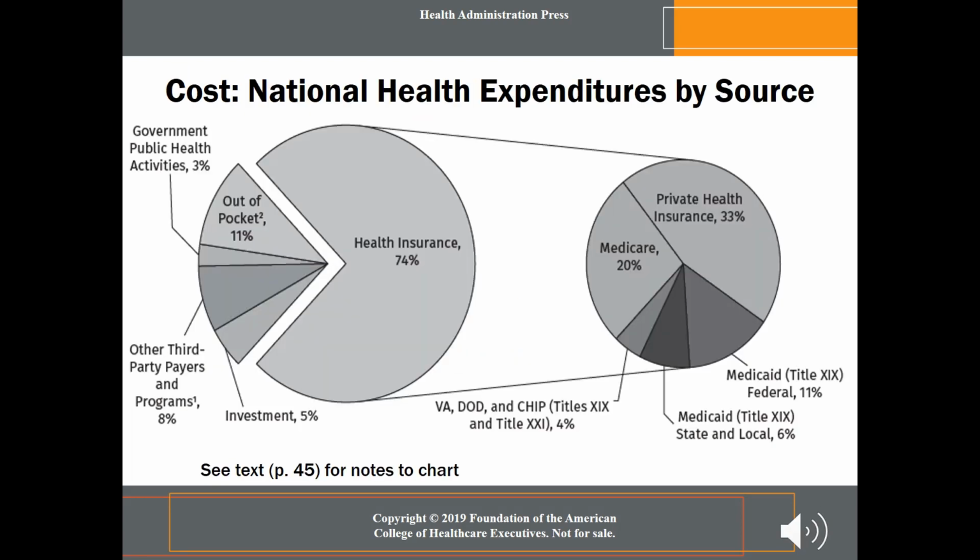Now in this diagram, you can see that public and private insurance provide the largest share of healthcare spending at 74% of the total. And what's even more interesting, as you see the breakout of that diagram to the right, is that Medicare and Medicaid account for more than a third of that spending. And why is that significant? Well,